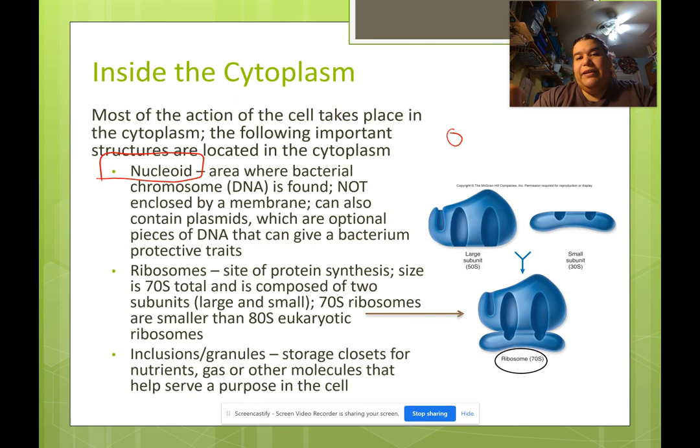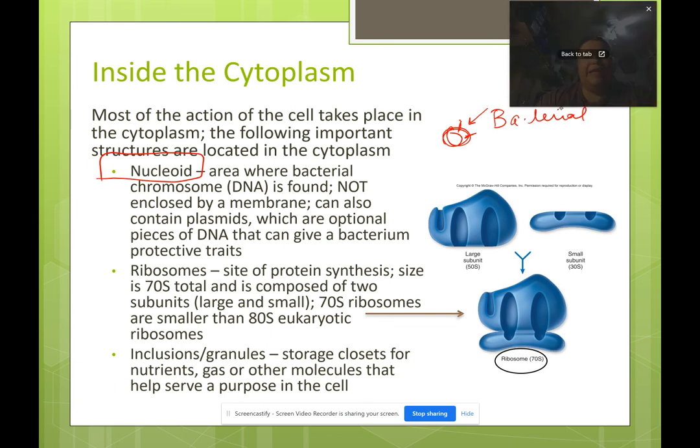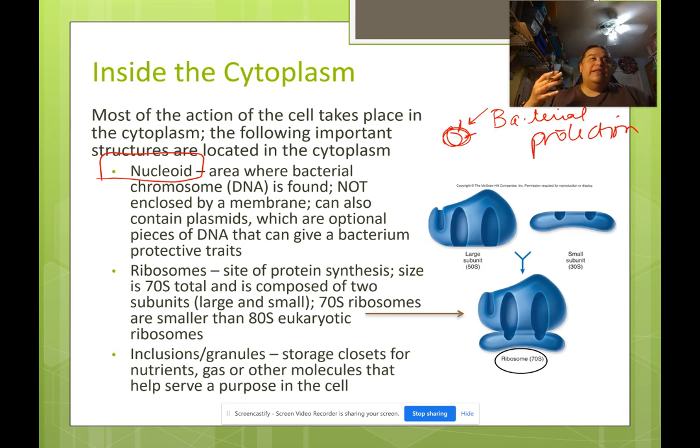The thing about having this little plasmid is that it can have genes, let's say bacterial protection genes. Okay? It can have these extras. Maybe it gives them the ability to use maltose as a fuel source, whereas before it didn't have the ability